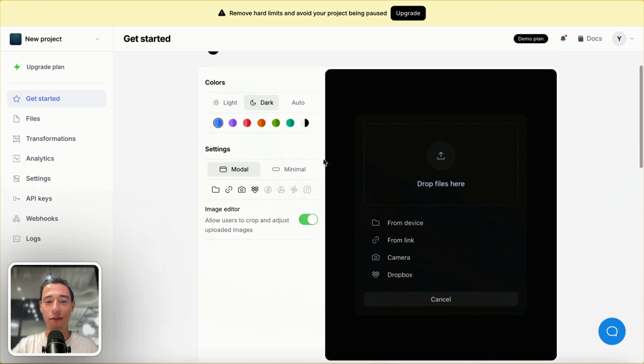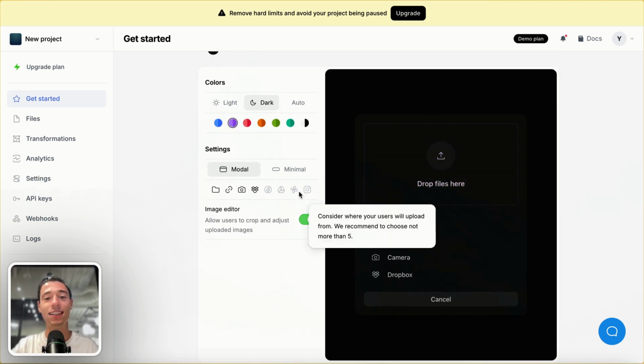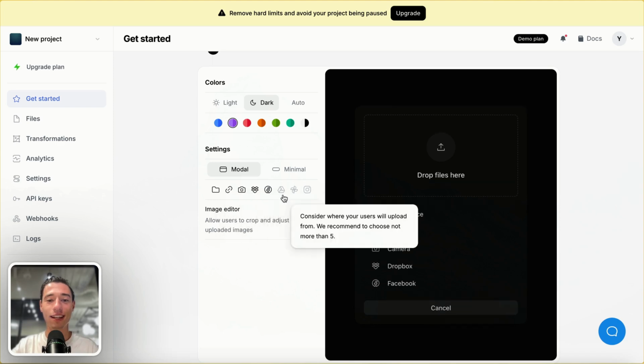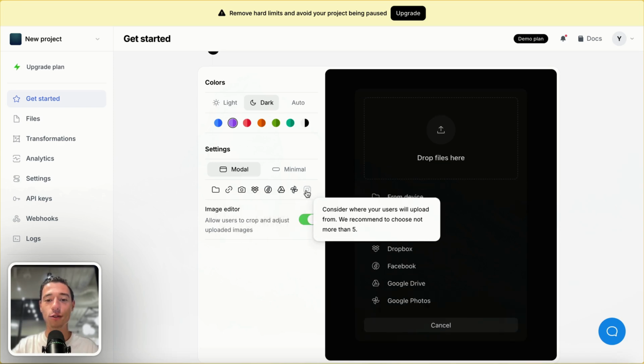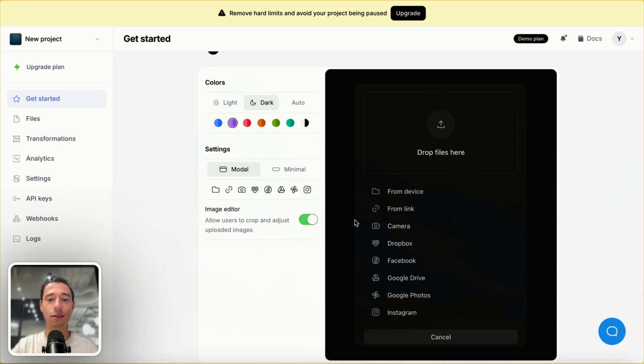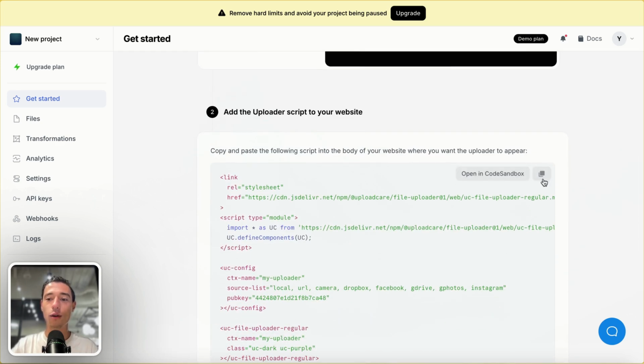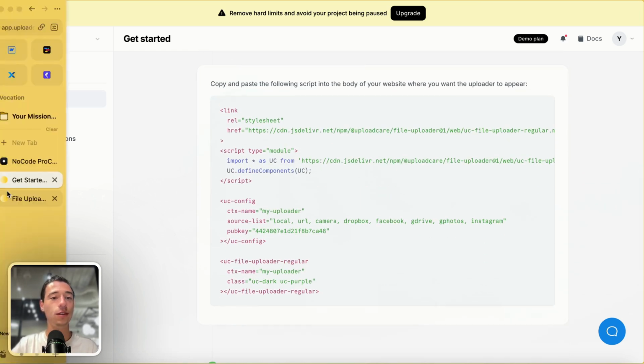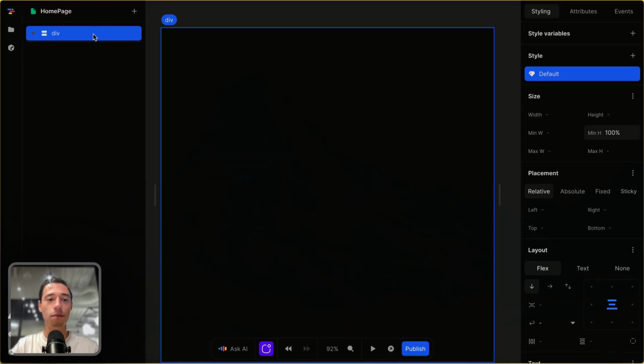But now here we got our Uploadcare uploader. Let's make it purple so it looks like a AI SaaS. And now we'll just say we want to allow Facebook, Google Drive, photos, and all that. And I want to have an image editor. That looks nice. So now we just simply copy their code and we go back to Toddle and we add